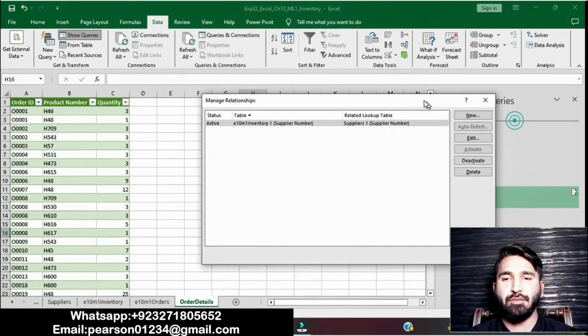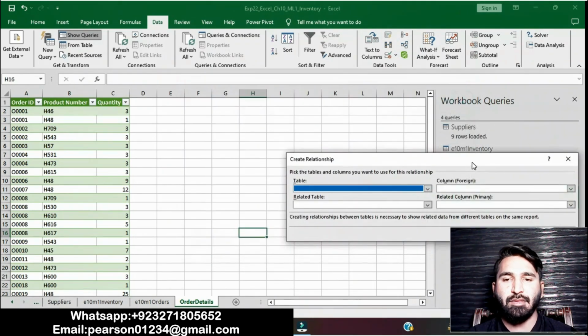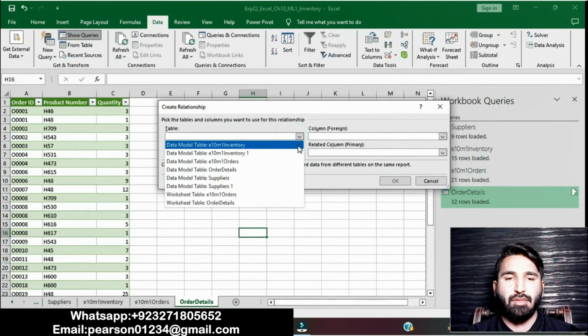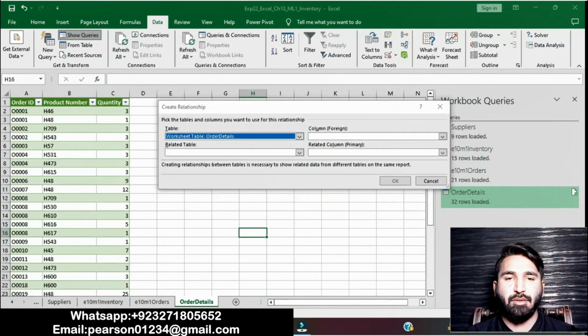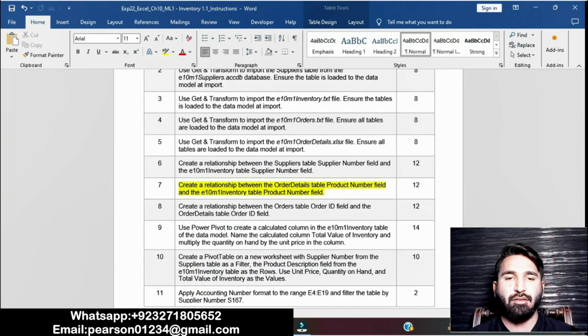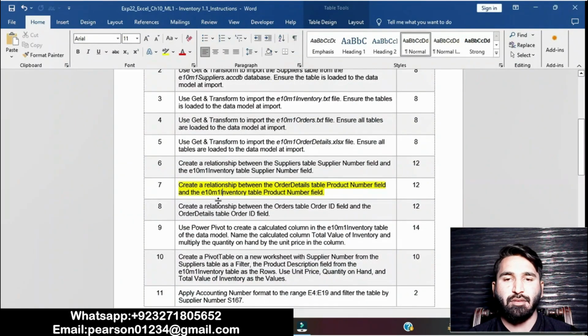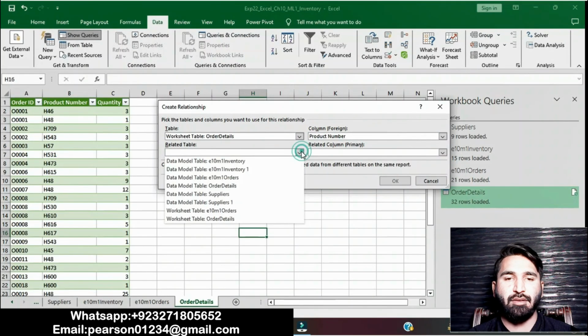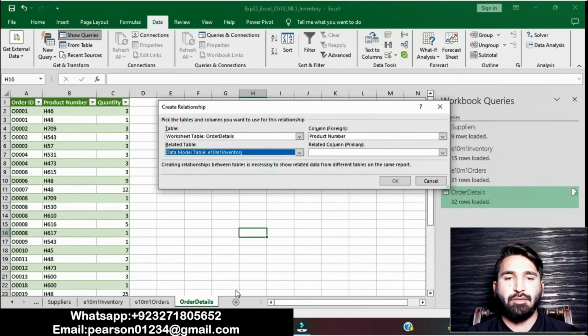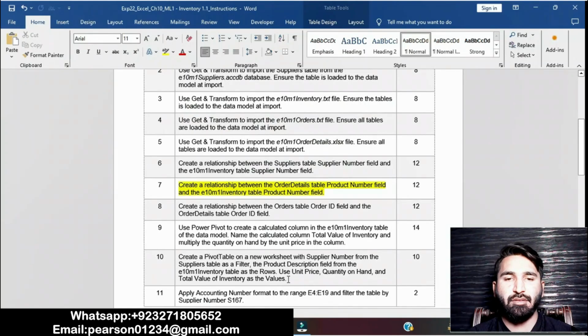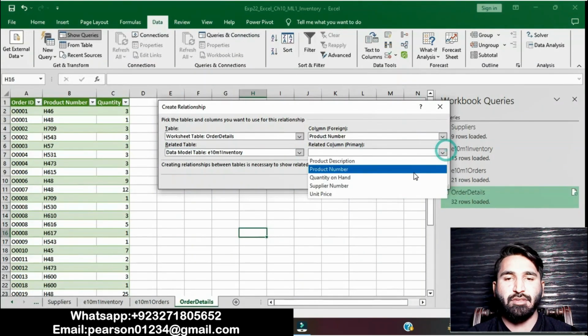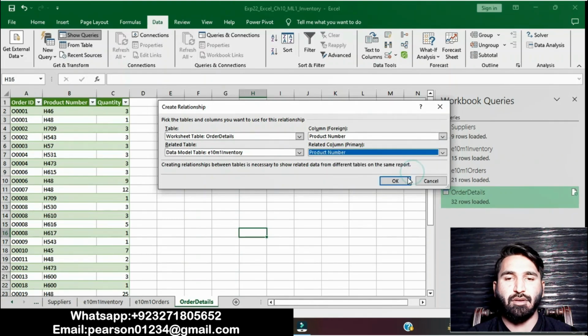Go to the Data tab and go to Relationships. The new relationship is: worksheet table order details, column foreign is the product number field, and then E10 M1 inventory sheet, then product number, then press OK.